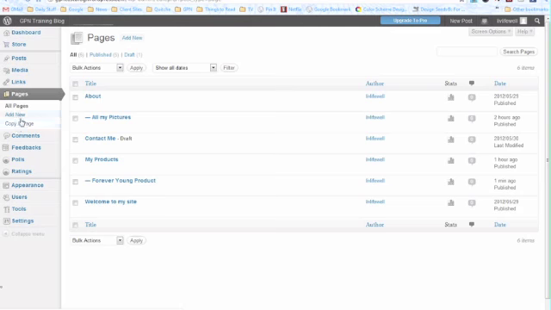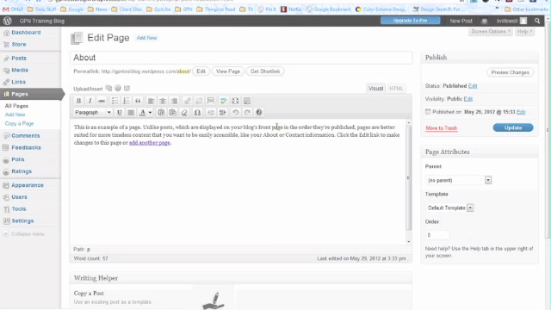So I just wanted to show you a little bit about how you can make changes to your pages. Once again, the screen where you go looks very much like a post page, and you can change your page attributes by indicating whether you want the page to be a top of the line page, meaning at the top of the list hierarchy, or if you want it to be attached to another page, and you can nest them as deeply as you wish. You can also change the template to be full page if you don't want a